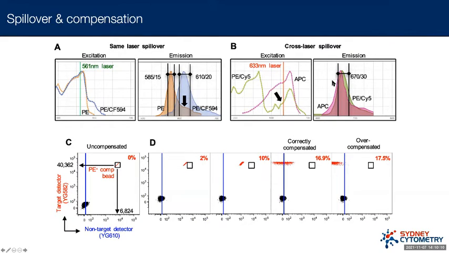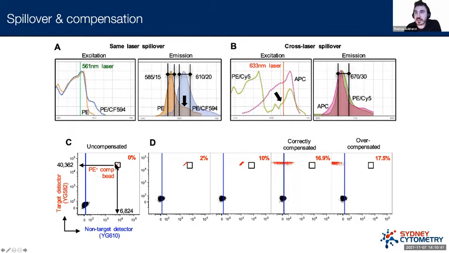So the way that we deal with this is we address the problem computationally. We actually ask the computer to help us out. In this example, you can see what the data looks like uncompensated, so raw. We haven't made any changes yet. Each dot on here, I realize this looks like a line, but it's actually a series of dots, and each dot represents a bead in this case, not a cell, and they are labeled with PE, phycoerythrin. And so they should only be showing up in the PE detector, in theory,